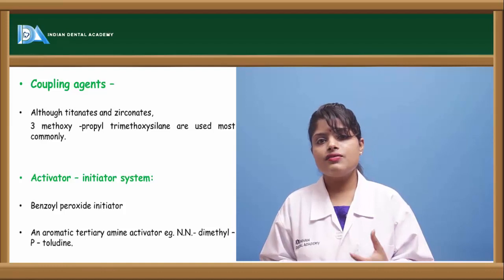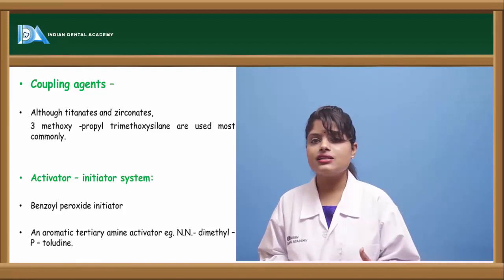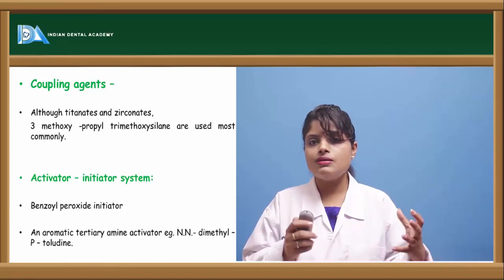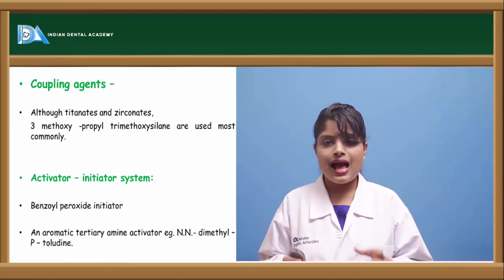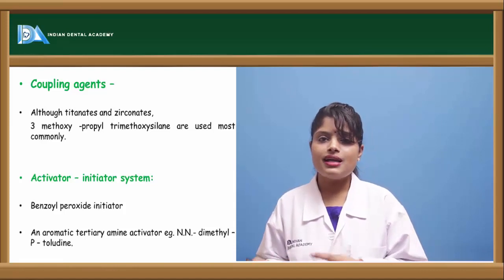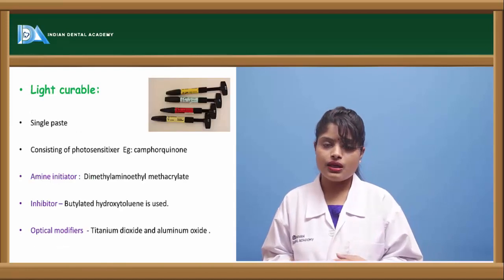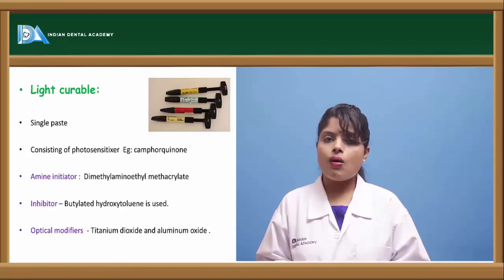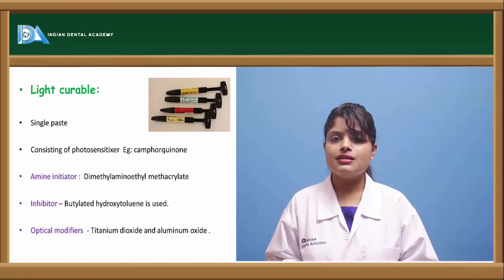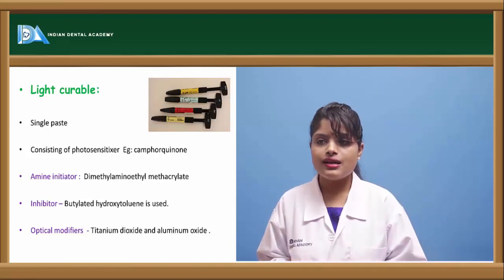For example, there are various types of composites which are light cured, chemically activated. In the chemically activated composite, benzoyl peroxide is added. Another aromatic amine, N,N-dimethylparatoluidine, is added as an activator. In certain light curable composites, photosensitive elements are added like camphoroquinone or titanium dioxide,